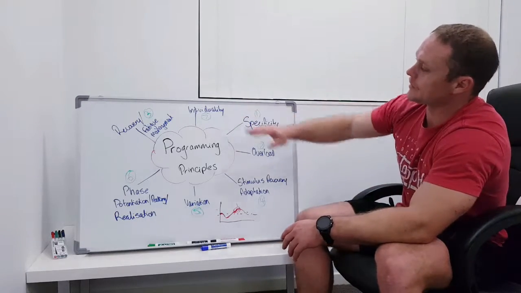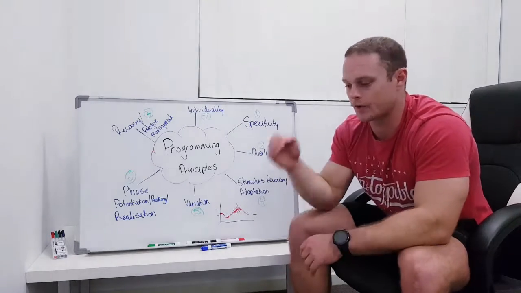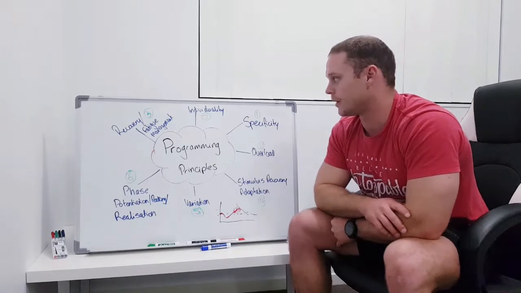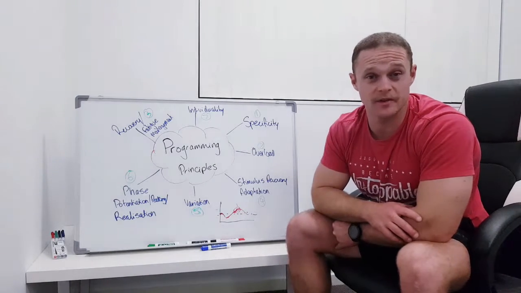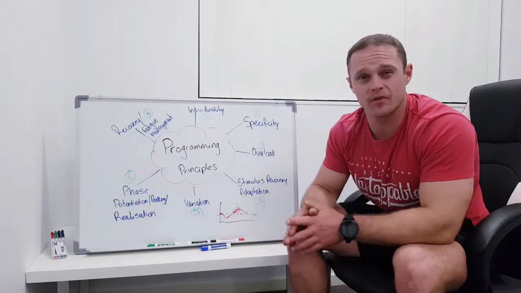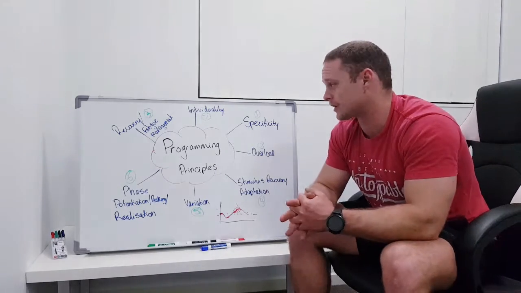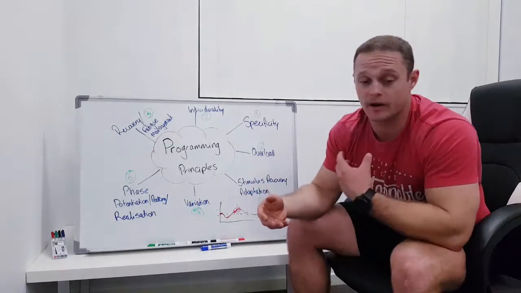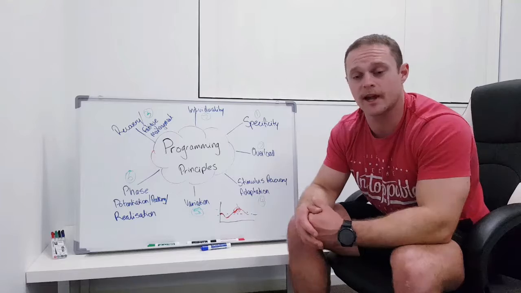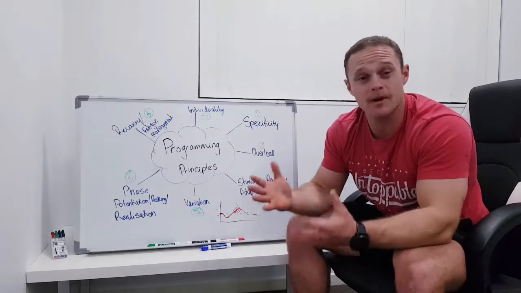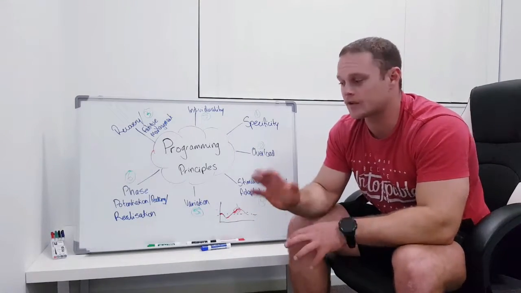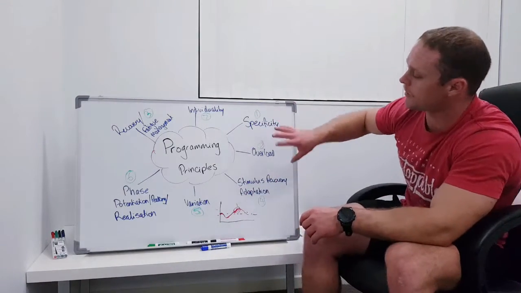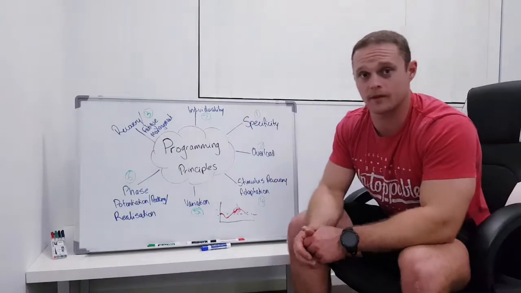And the last one, individuality. Okay, this is the icing on the cake. This is when you make the program nice and Gucci. You look at injuries, illnesses, weird quirks that an athlete might have. This is when you look at, okay, they're weak in this position or they've got this injury, I'm going to program this. This is when you look at their specific rehab. We're looking at how much load they can take, and then we start to play around with those parameters. So it has the least impact across the whole program compared to the others, but it's still an important aspect